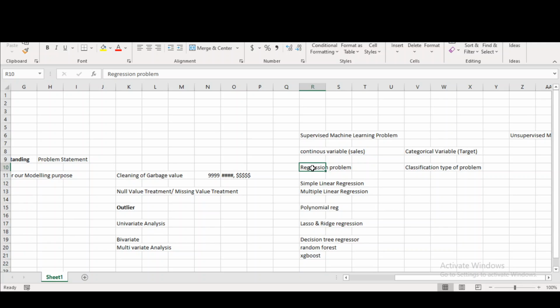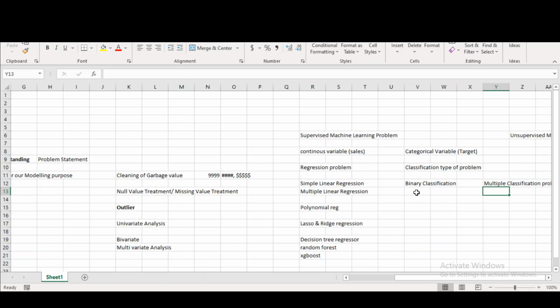When it comes to classification, where we classify our target variable, we can have a binary classification problem or a multiple classification problem.